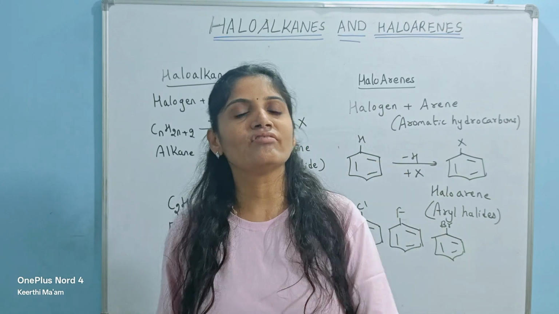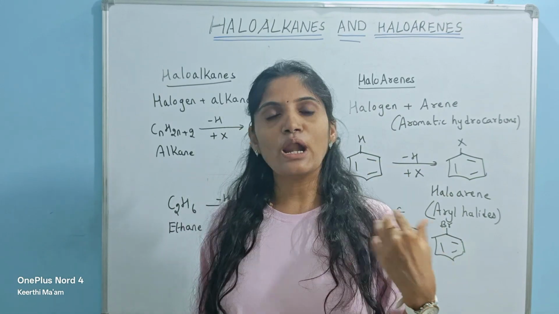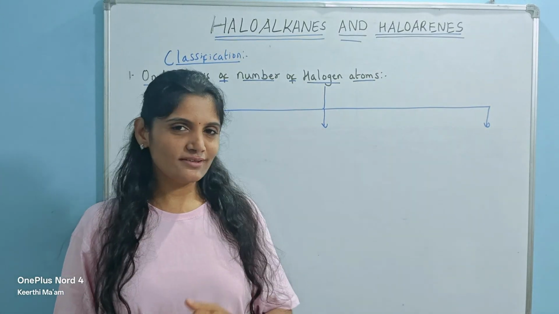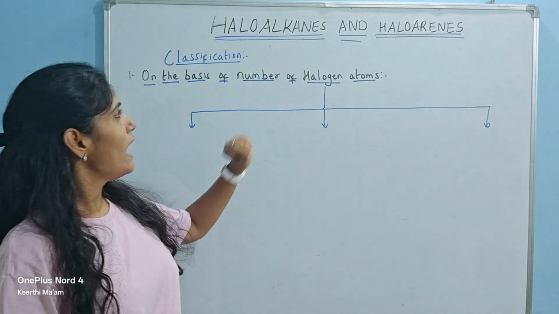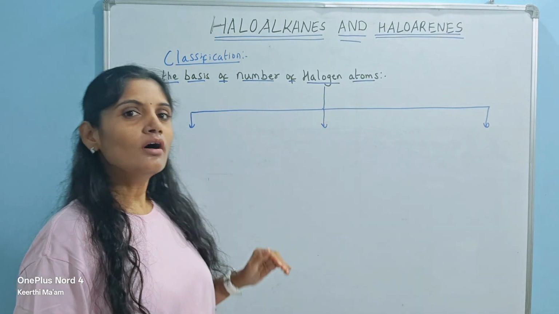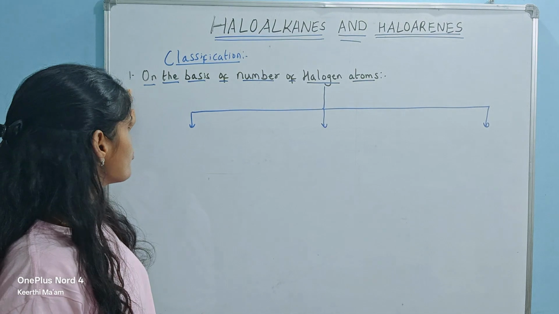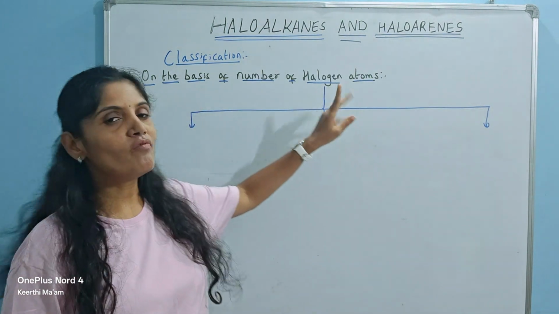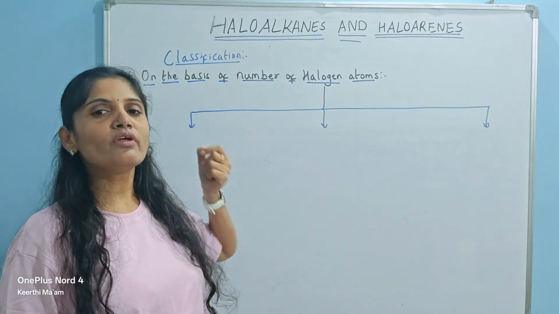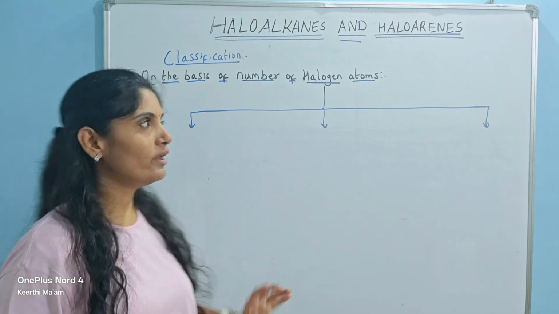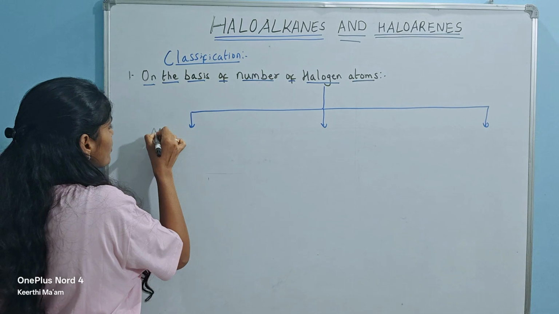So let us do the classification of haloalkanes and haloarenes. I told you we have a basis for classification. The first basis of classification is the number of halogen atoms. Based on the number of halogen atoms, how are we going to classify haloalkanes and haloarenes? So first is here